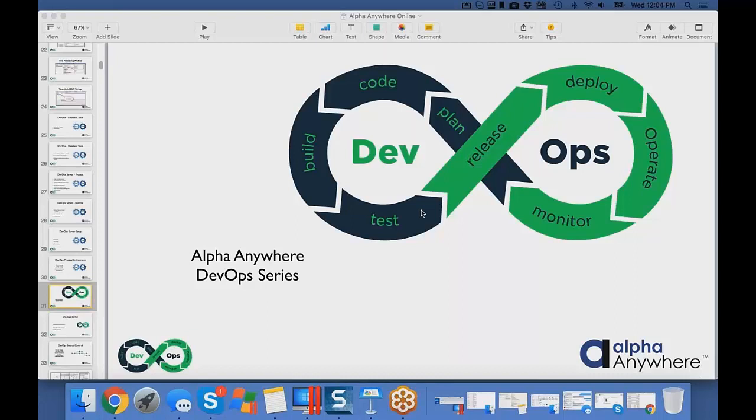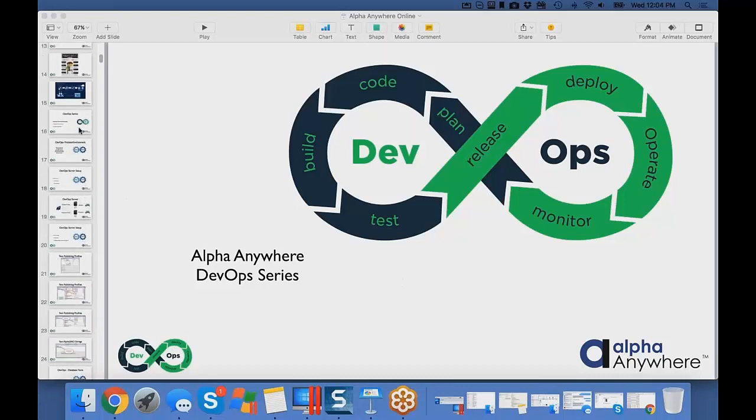Alpha Anywhere is obviously a key component of those capabilities, so we decided to spend more time talking not only about how to develop specific capabilities within Alpha, what the features are and the other things associated with it, but beyond that, how to manage that process and what the best practices and best tools are.